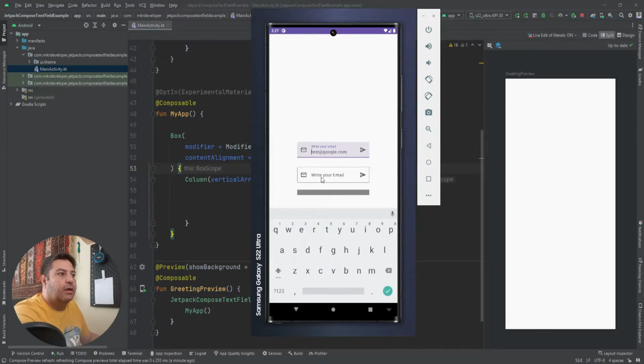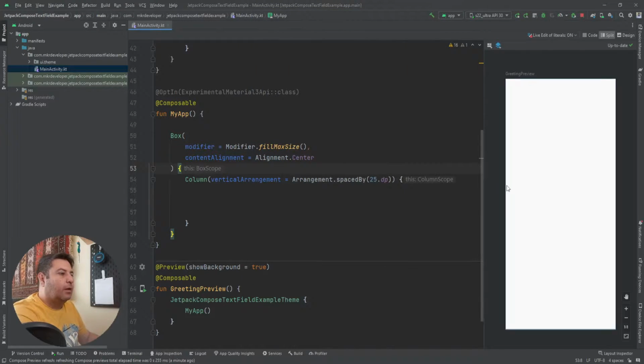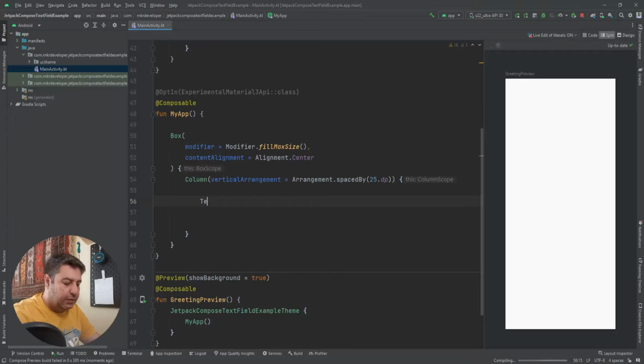Here I will show you these three text fields: TextField, OutlinedTextField, and BasicTextField. Let's get started with the first one. Here I have an empty application with just a box and column. Let's start with having a text field,